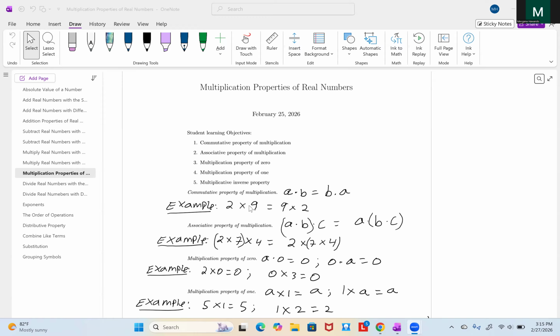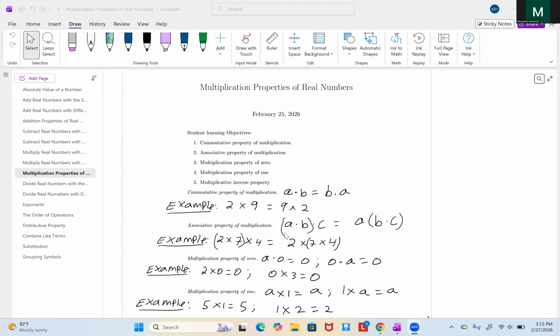Commutative property of multiplication says that A times B is the same as B times A. For example, 2 times 9 is the same as 9 times 2. The results are equal. Associative property of multiplication states that if we're multiplying three numbers, A times B times C,